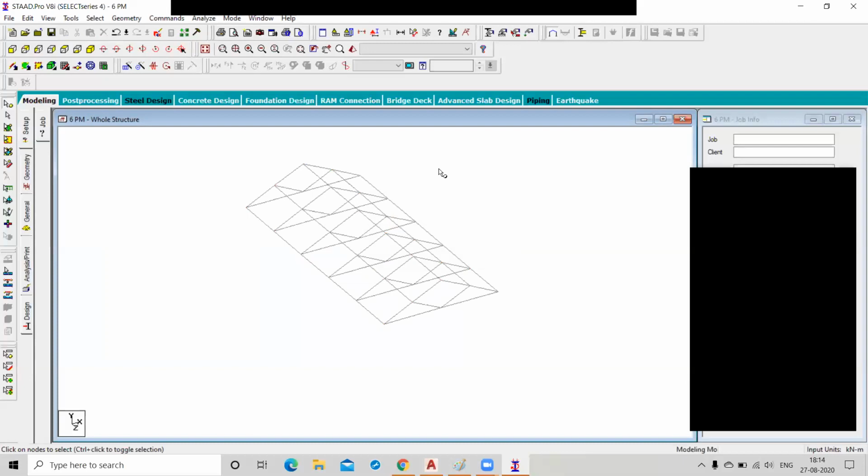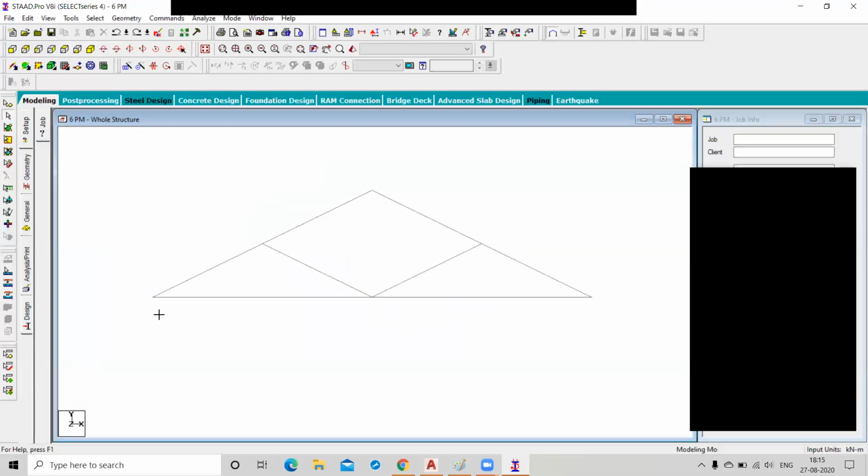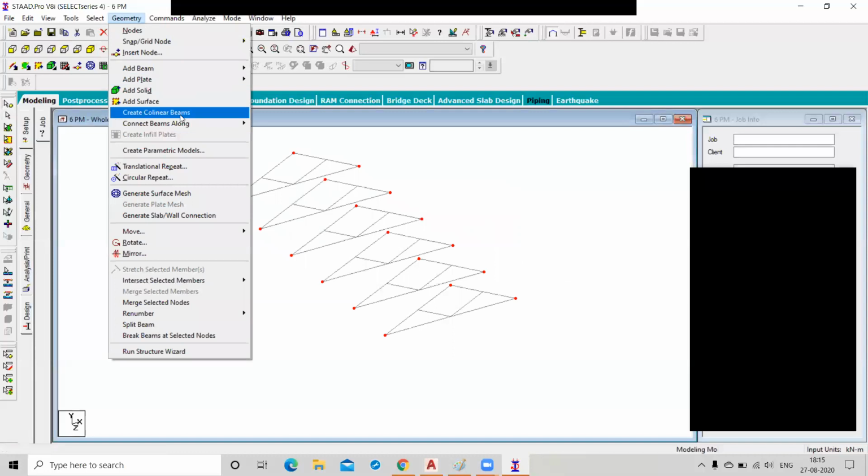Okay. Second thing, we have another option. By Control Z we are reversing this. And again we are going to create this view, activate the node cursor and select the particular nodes, this and this. So in the second option we have creating collinear beams.